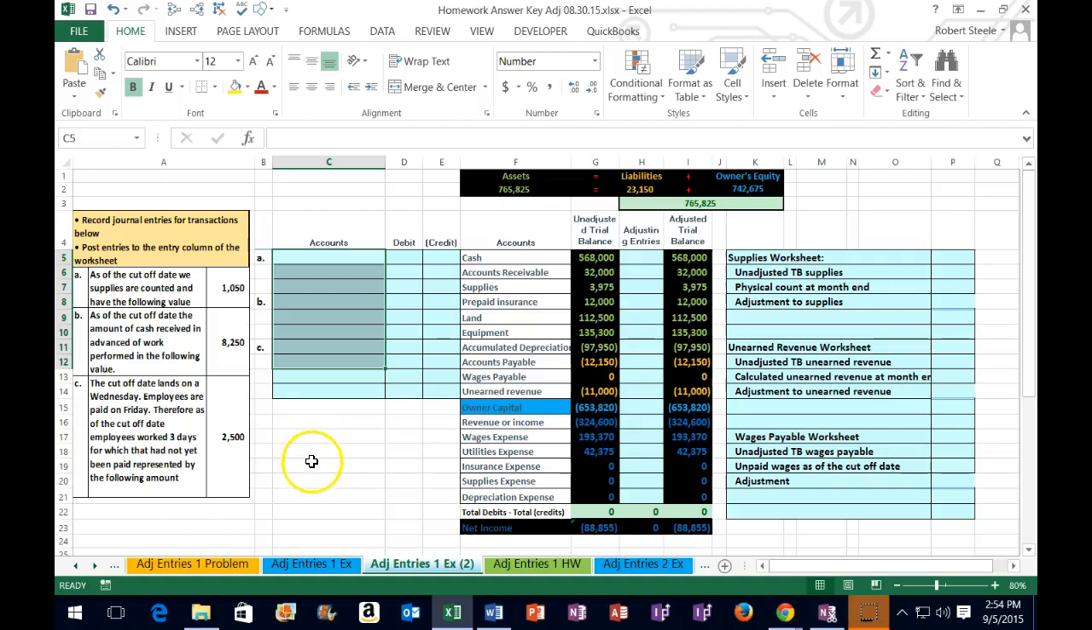Hello, in this lecture we will take a look at a problem that will be similar to a homework problem. The numbers will change, the format will remain much the same. We're remembering our objectives, which are twofold. One, we want to get the accounting concepts, and two, we want to work on navigating around